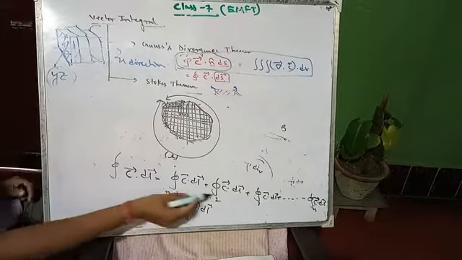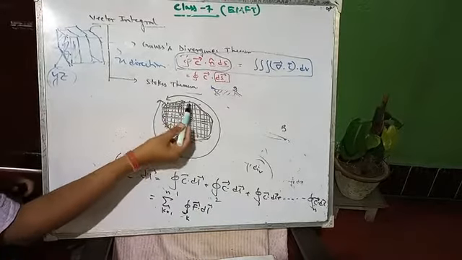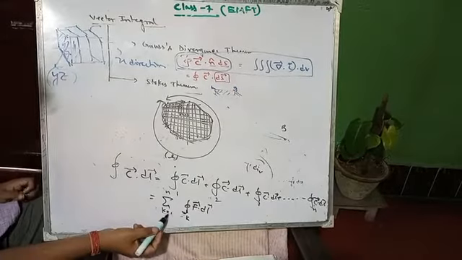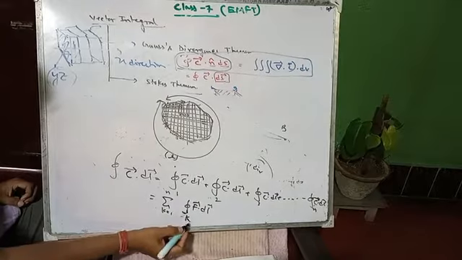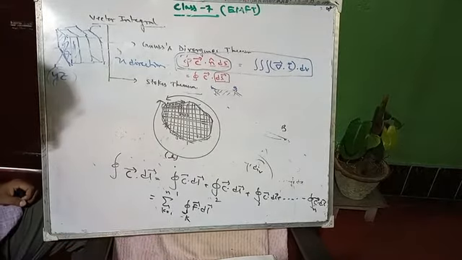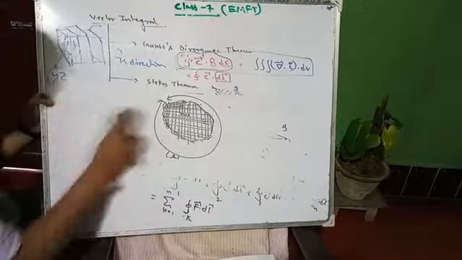So it is the first, second, third. There are n number of segments: 1, 2, 3, 4, 5, 6, 7, 8. There are n number of segments. So this is the summation of k equals 1 to n of the closed line integration over k of f dot dl, right? Now multiply by del sk. I am writing the next line over here.